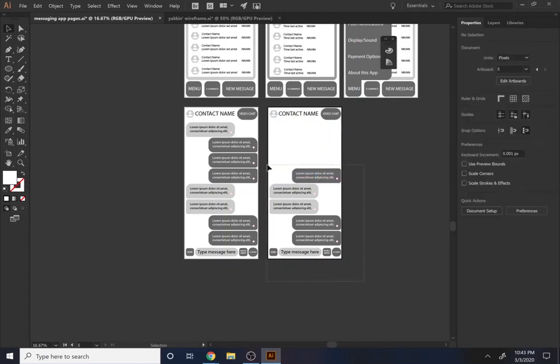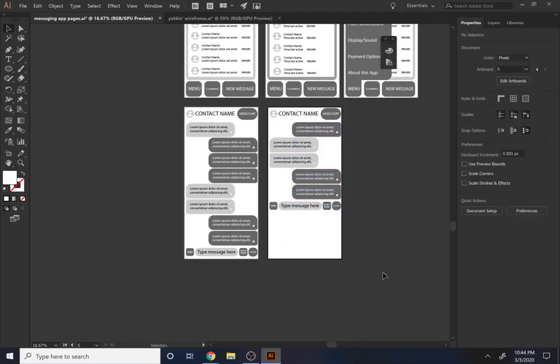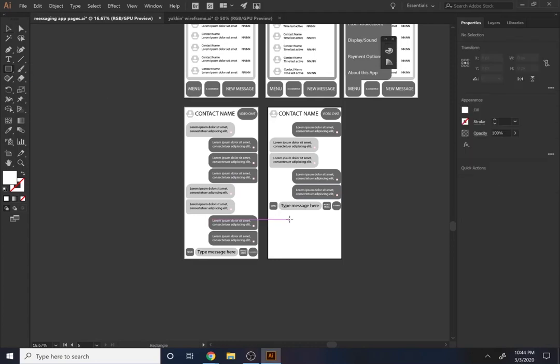We'll go ahead and delete the top here and move everything to the top. And let's create our own little alphabet. So we're going to create a little keypad. The first thing we're going to need is a little background, so I'm just going to get a rectangle and make it the same color as the